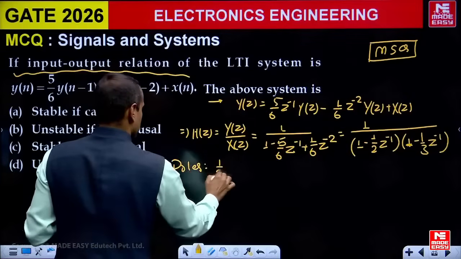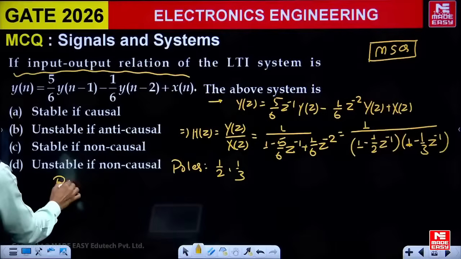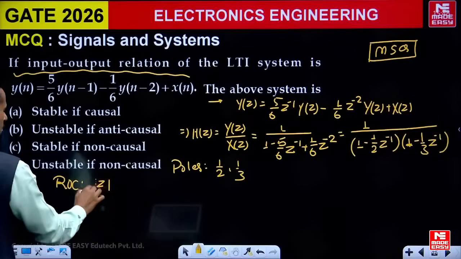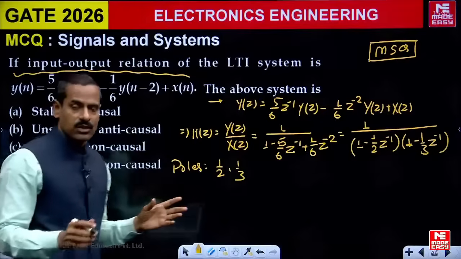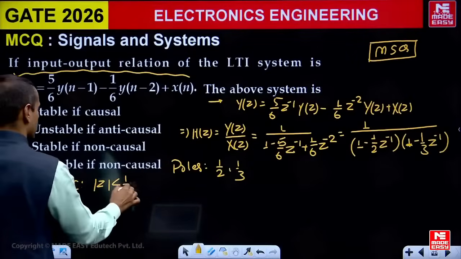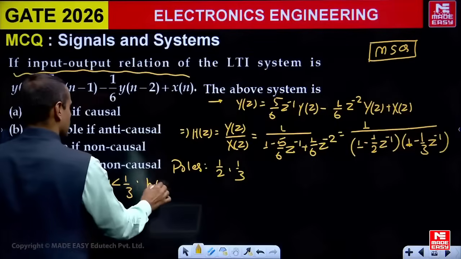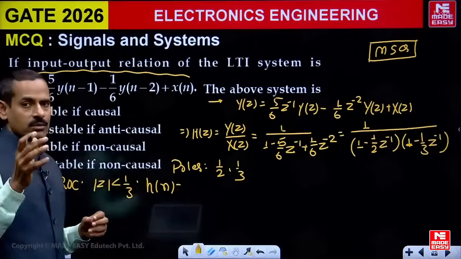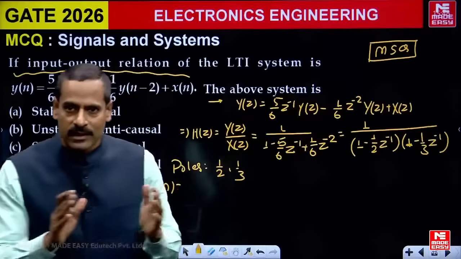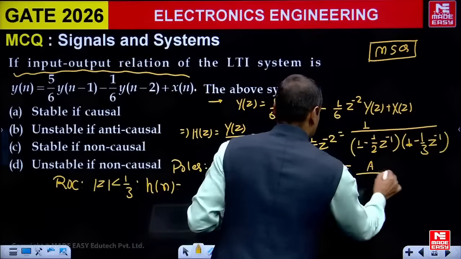फिर यहाँ से आपने पोल लोकेशंस कैलकुलेट किए, तो पोल लोकेशंस आप लिखते हैं 1/2 एंड 1/3। फिर यहाँ से अगर आप ROCs लिखें, रीजन ऑफ कन्वर्जेंस, यहाँ पॉसिबल ROCs बता रहा हूँ क्या क्या हो सकता है। फर्स्ट पॉसिबल ROC होगा इनर मोस्ट सर्कल के इनसाइड, मतलब 1/3 के इनसाइड। इसके अकॉर्डिंग अगर आप h[n] लिखेंगे, क्योंकि ROC इनर मोस्ट सर्कल के इनसाइड है, तो इनवर्स कैसा लिखना पड़ेगा? लेफ्ट साइडेड।